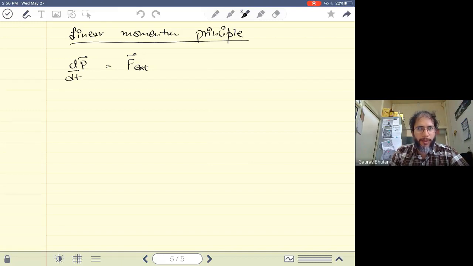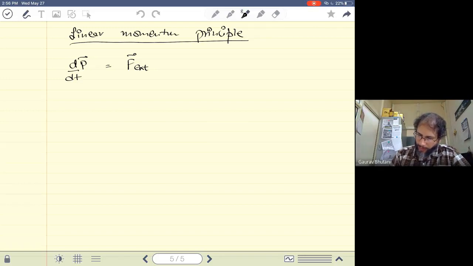So one form is force equals mass times acceleration. The more general form is the rate of change of linear momentum is equal to the external force acting on a body. That allows the change of mass as well as the change of velocity, which is called the acceleration. So in the case of, for example, rockets, you also need to consider the rate of change of mass because the mass is being ejected out. All right, so let's apply this to a body.